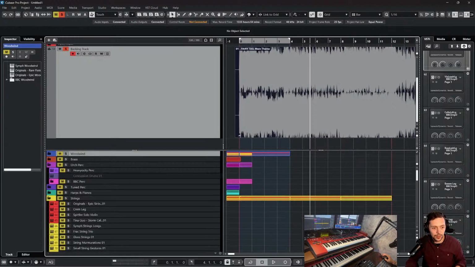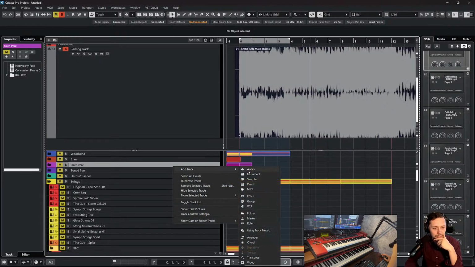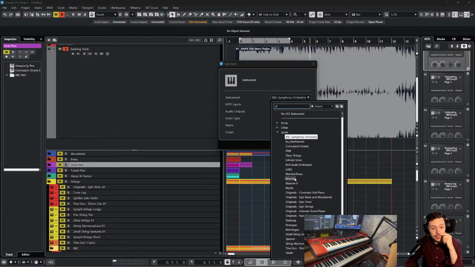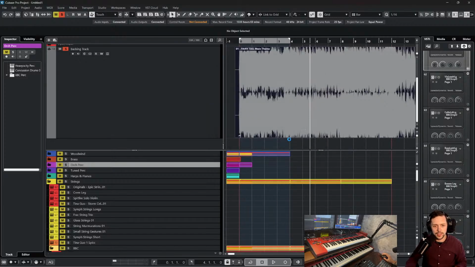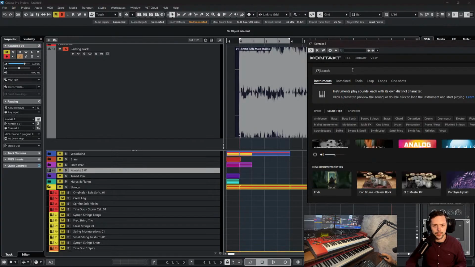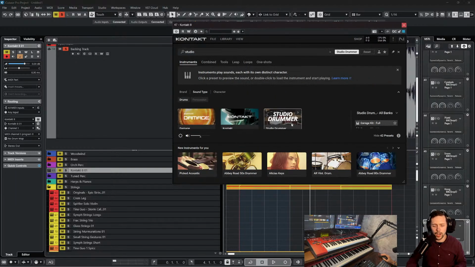So let's look to see if I've got 5 minutes. Great. Can I get a drum kit in 5 minutes? Very doubtful, but certainly going to try. So I'm going to find a Kontakt one that I've got. Get Kontakt 8, and I've got just Studio Drummer or something. It's really basic. Let's just whack this in. Honestly, not the greatest plugin in the world, but for sketching and just getting stuff in, absolutely